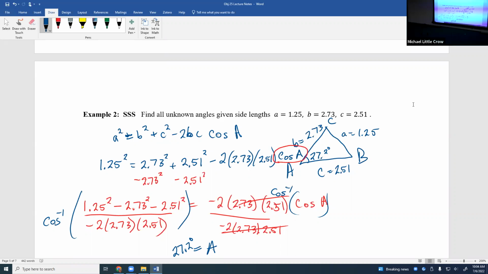Just an example of how we directly use law of cosines for that one step. With side, side, side, we need to use law of cosines only once, and then we'll switch over to the law of sines because it's easier. Yes, you could continue to use the law of cosines, but